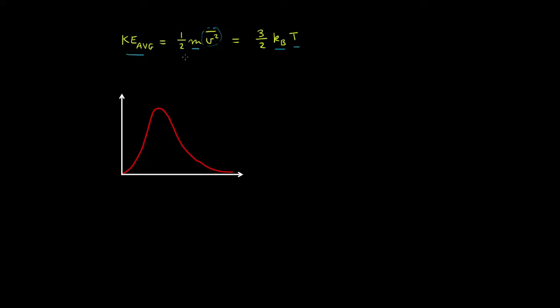So if we do a bit of algebra, multiplying through by 2 and dividing through by m, what we get is the mean square velocity is equal to 3 by Boltzmann's constant by the temperature in Kelvin over m, which is the mass of a gas particle. And if we take the square root of both sides, that's going to give us the root mean square velocity